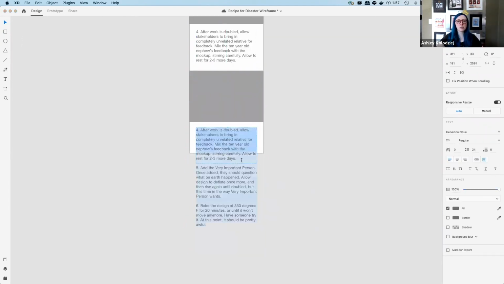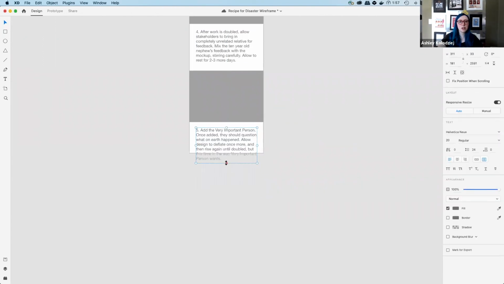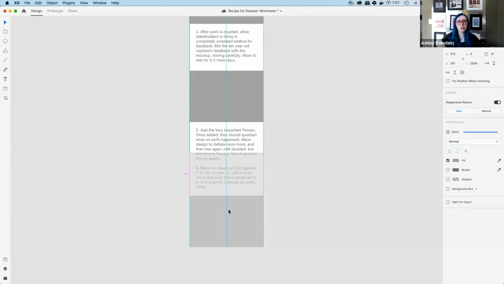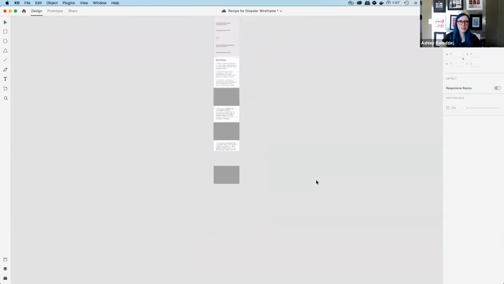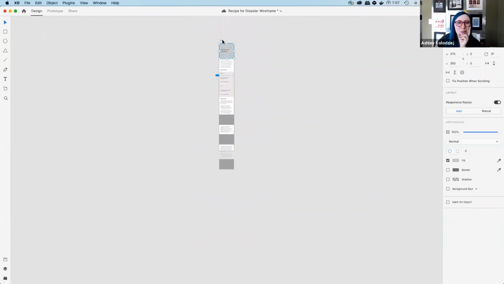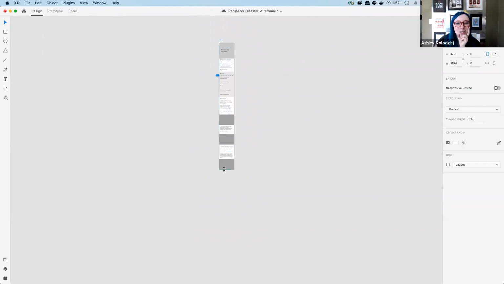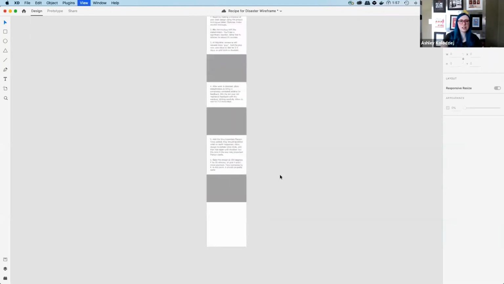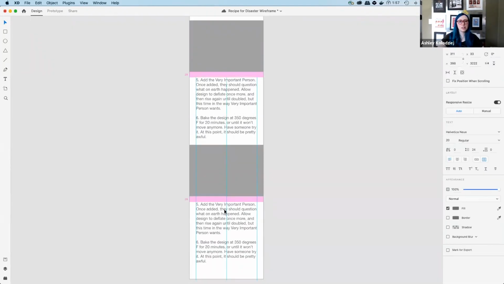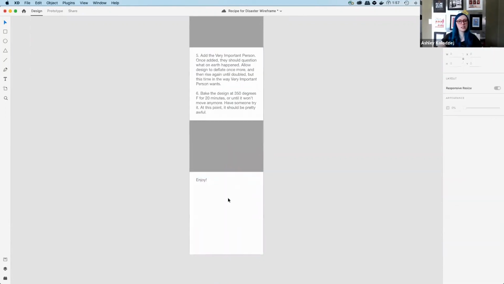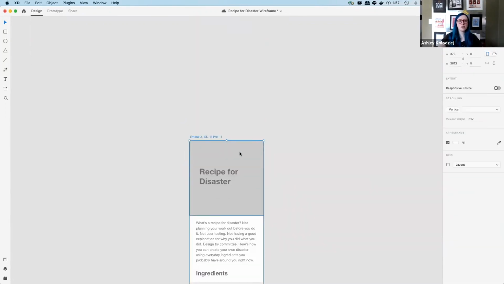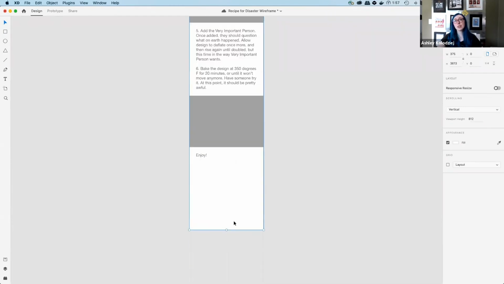And then down here, I'm going to show the next set of directions. And then I think I'm going to show in my final set one final picture. And again, you're seeing that it's really easy to run out of room on these things, right? So again, just click that title and drag it down. And we had one final little enjoy at the bottom here. So that's it. That's as easy as a wireframe is for mobile. Not too bad, right? Next, we'll look at translating this to a desktop and tablet size. So with that, I'll see you in a moment.